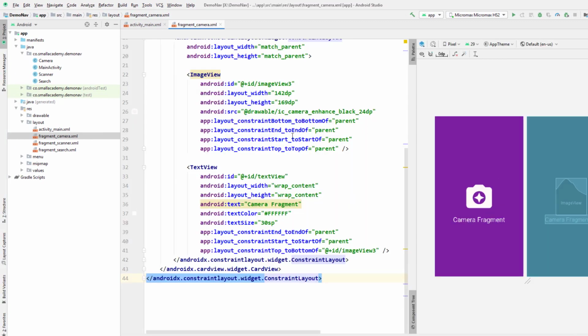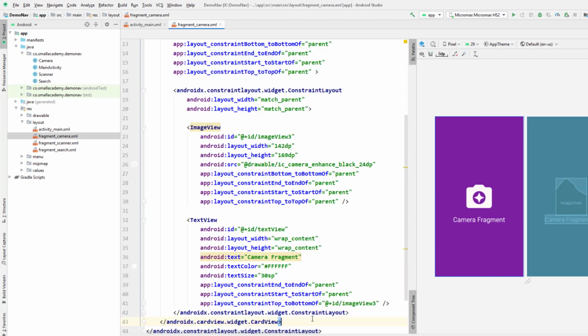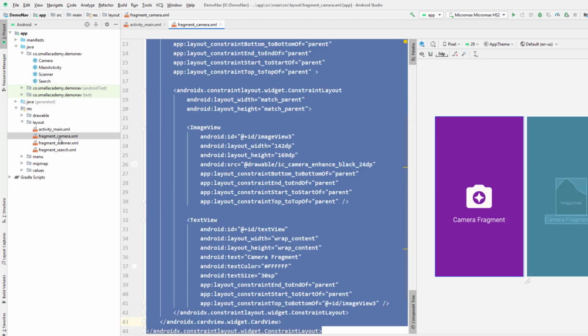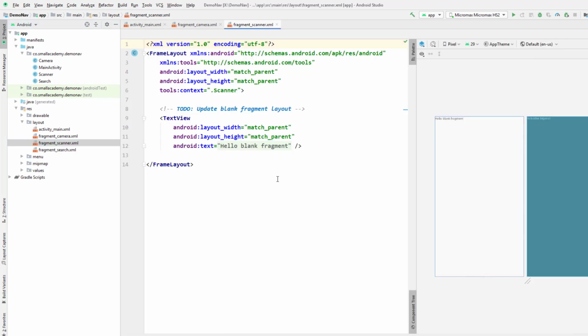We need the same thing in the others. So I'm just going to copy all of this from here, paste it, and change the icon and text in all the other fragments. So let's do